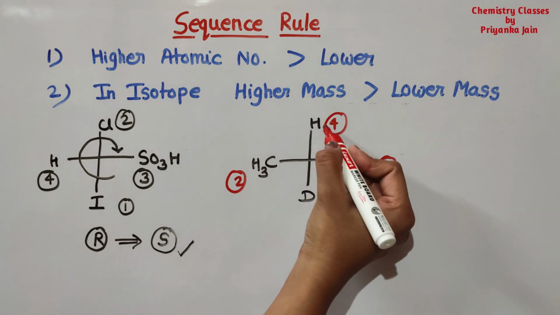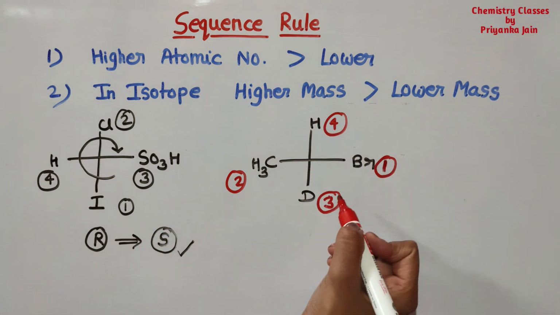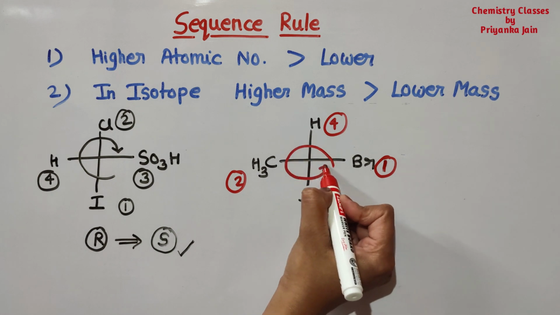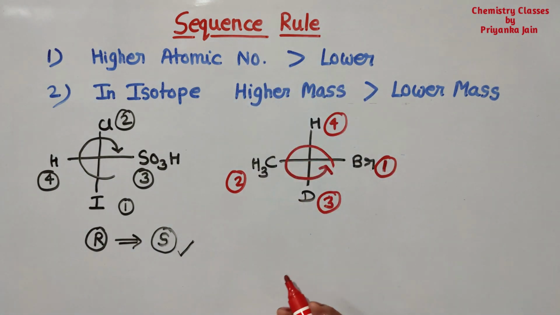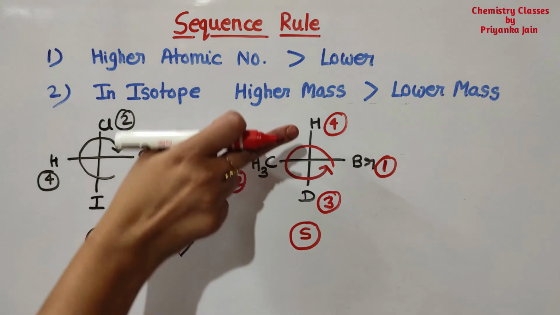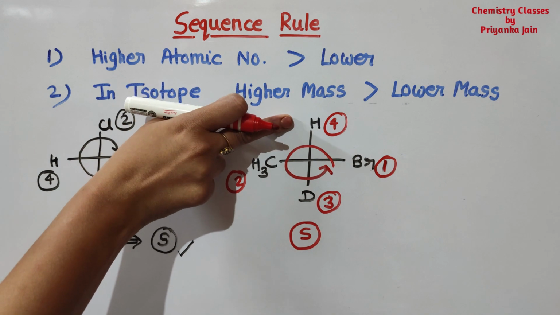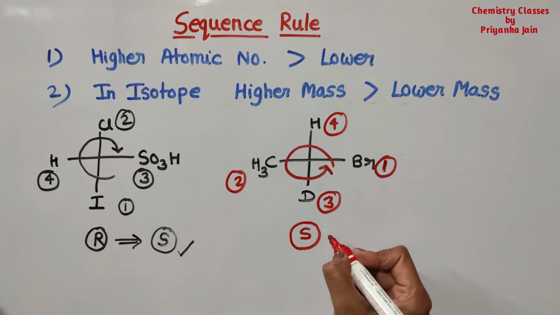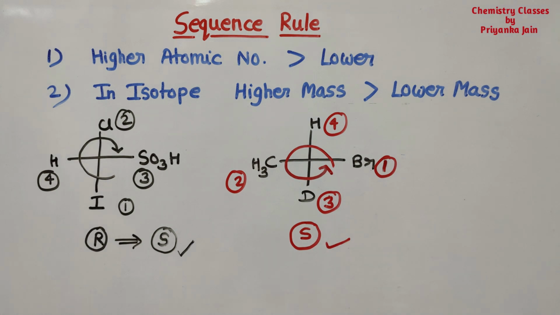So now see from the side of this hydrogen, fourth priority group, 1 2 3, 1 2 and 3. Now see here, this is in the anti-clockwise direction. It means this is the S isomer, and now you can see this fourth priority group is present on the vertical line. It means this will remain as it is. It means this is the S configuration, right? Now see the third rule. What is the third rule?